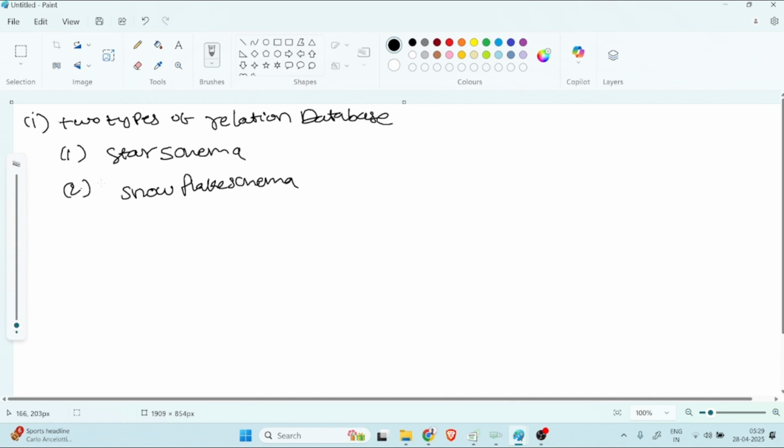Any SQL developers or SQL database engineers definitely follow these two only, star schema or snowflake schema. So what does star schema mean? Star schema means the database which is having one fact table